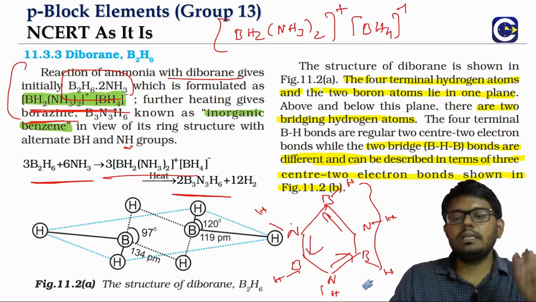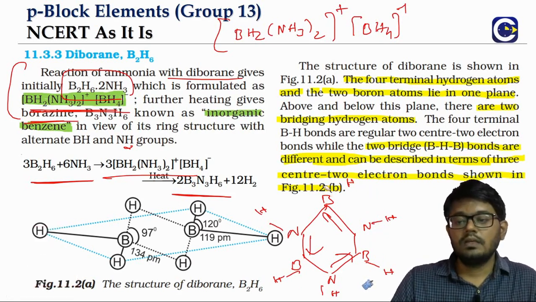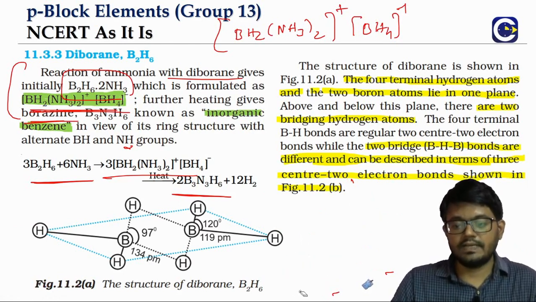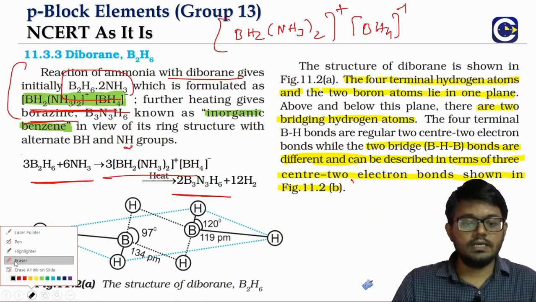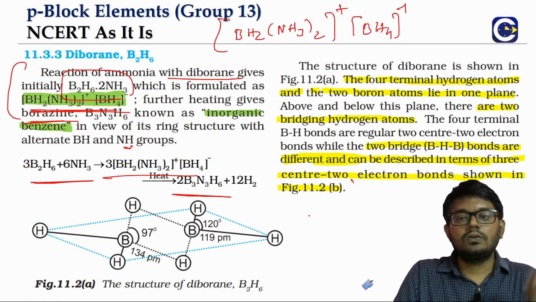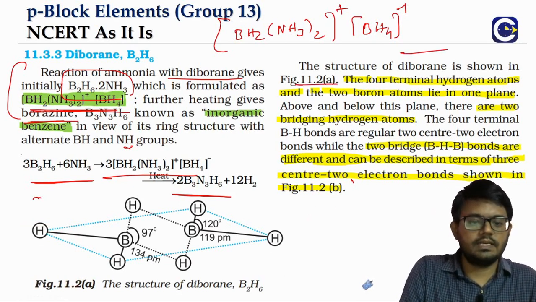Now talking about the diborane itself, because we said a lot about the diborane, saying it will have unconventional bonding and all that. So what is it that is different about the diborane? Diborane will have what is called 3-centered 2-electron bonding. So the structure of diborane, you can see here.